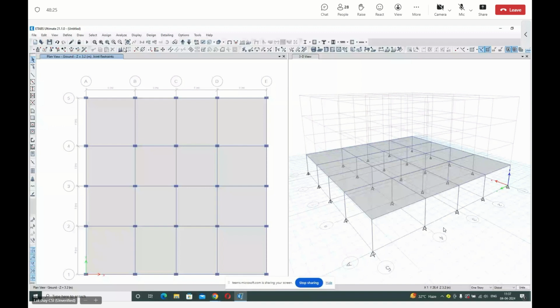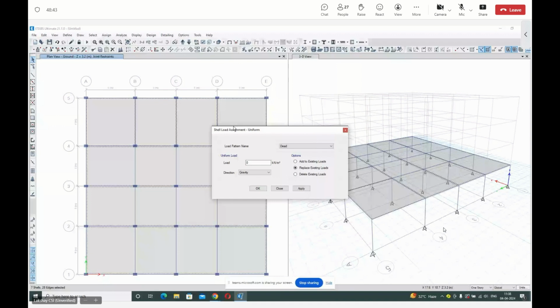For example, if I want to assign a dead load of say 4 kilonewton per meter square, I'll select all these slabs. I'll go to assign shell loads, uniform, and you can see the load pattern name. We want this dead load to fall under the pattern of dead. We'll input the load we want to assign. Then we have 3 options. For example, if I have defined a dead load of 4 kilonewton per meter square earlier on the slab, and I want another 4 kilonewton on the slab,